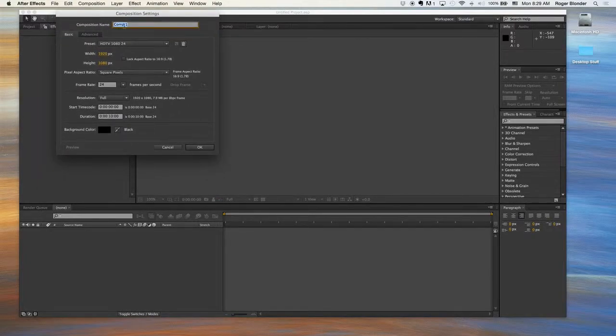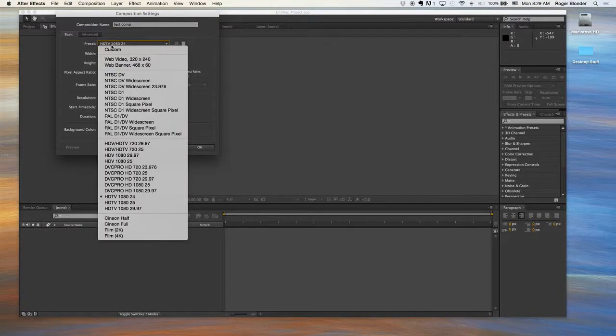So I'm going to make a new comp, and I'll call this test comp. And a composition is just a timeline and a window that you're looking at, a composition window where you can see what you're doing. And there are different presets for the size of the thing that you're going to make. And right now, since I'm just doing a little test, I'll do it pretty much the size that we do everything in here, which is